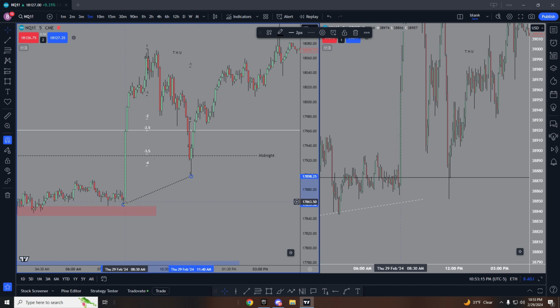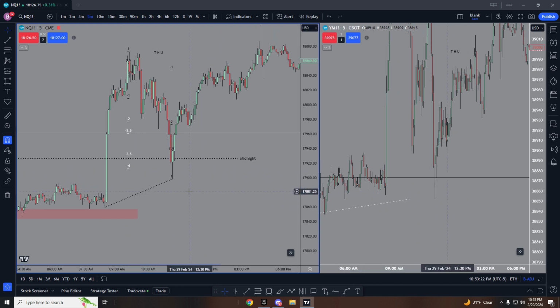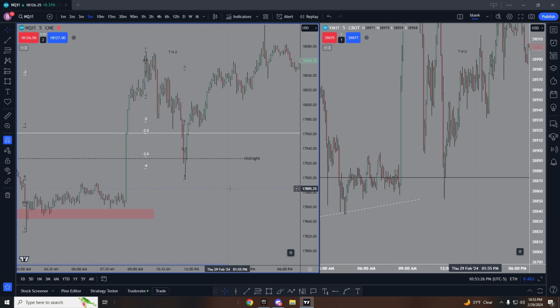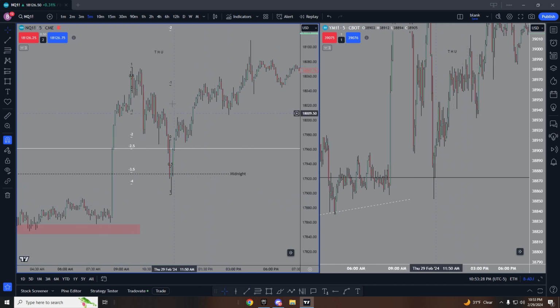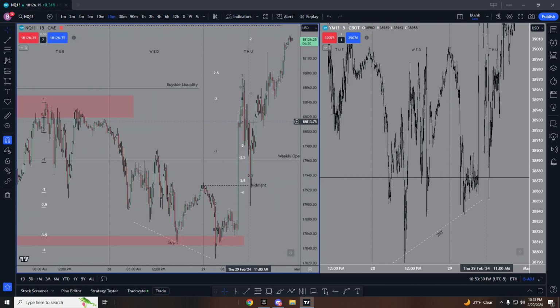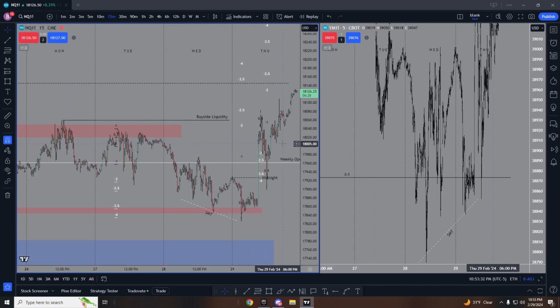Right here, look at this. This low here is this low here on the Dow. The Dow made a lower low. The NASDAQ made a higher low. Right there, everything is lining up for the reversal again. So very beautiful price action today. So I hope this video helps,